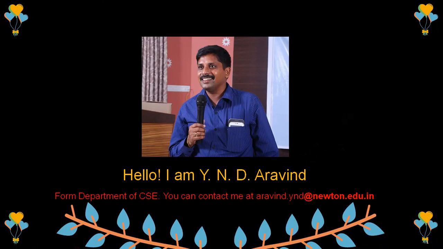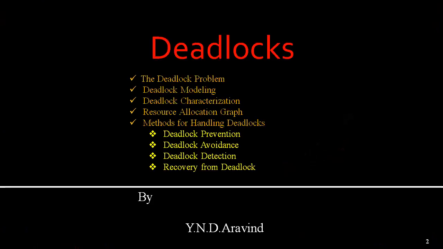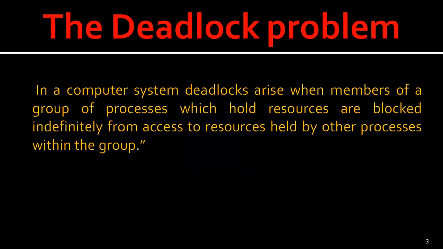So today, let us see what the different topics are that we are going to discuss. Here we will discuss what a deadlock problem is, deadlock modeling, deadlock characterization, the resource allocation graph, and the methods for handling deadlocks, that is, deadlock prevention, deadlock avoidance, deadlock detection, and recovery from the deadlock. So as we all know that